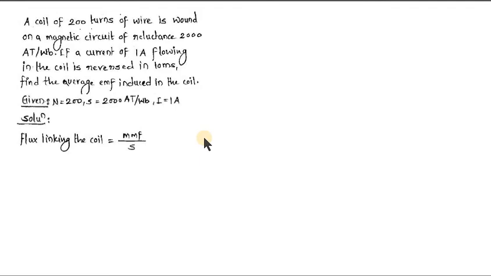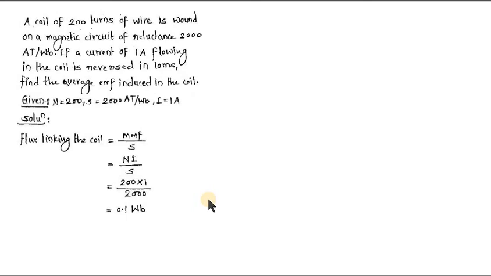So MMF is not given directly, but we know MMF can be found out by using the formula MMF is equal to N into I. So N into I upon S can be calculated as N is 200, I is 1 ampere, and reluctance was 2000. So ultimately we get 0.1 Weber is the flux that is linking with this coil when a current of 1